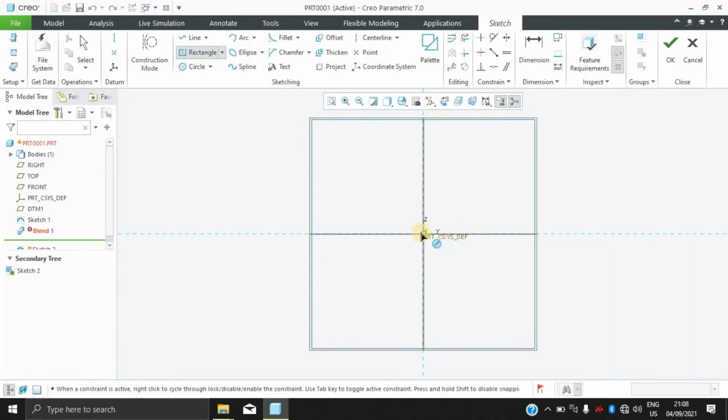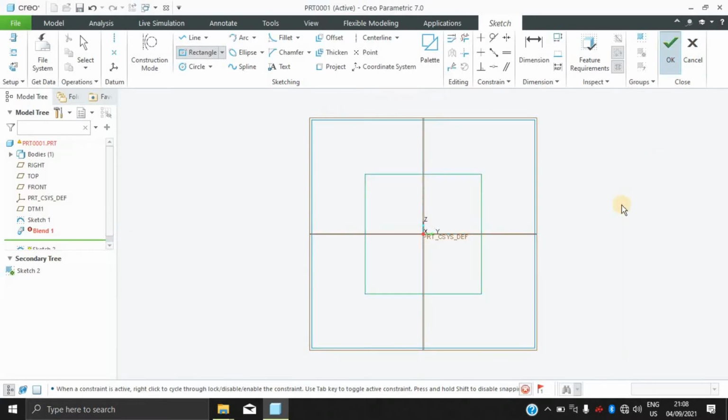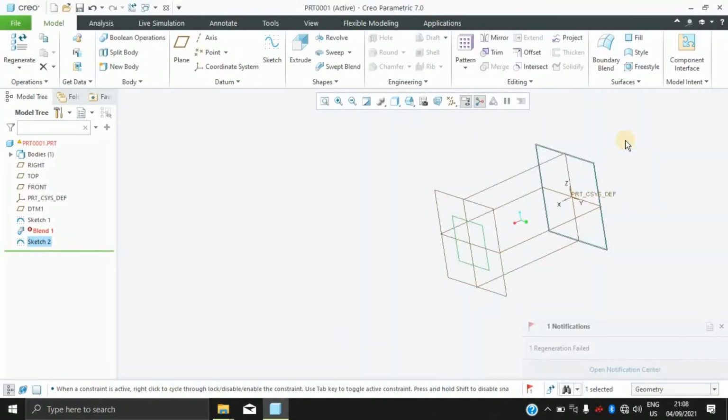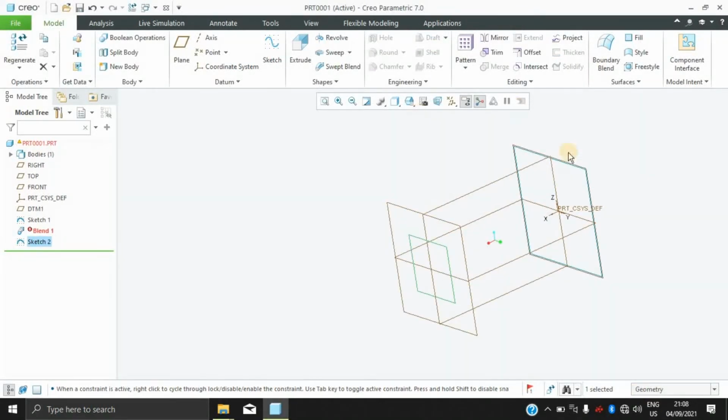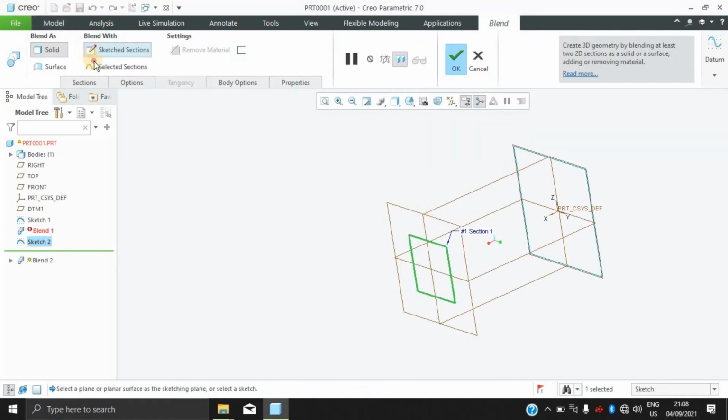I'll click on a rectangle which is normal this way. I'll click on OK. Now here I have also created a rectangle on this plane over here. So now I click on blend. I select selected sections, confirm. Now I'll select this one, and then I'll select this one,